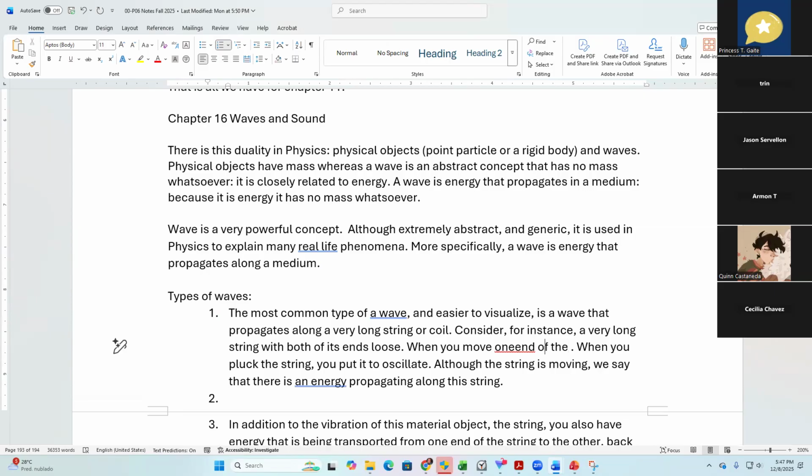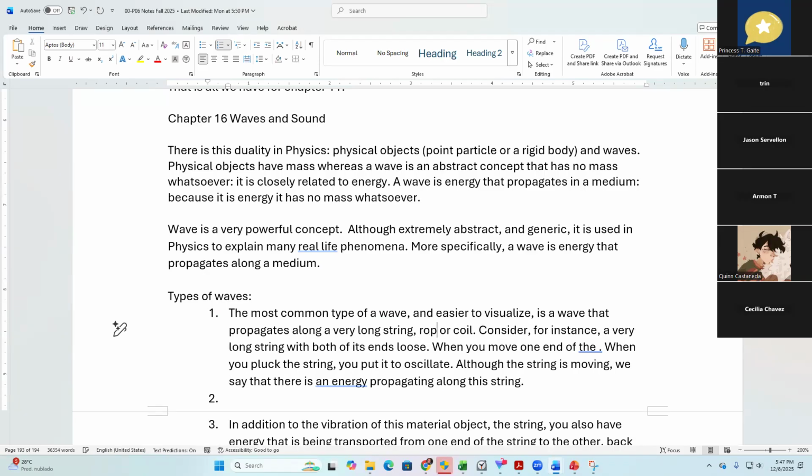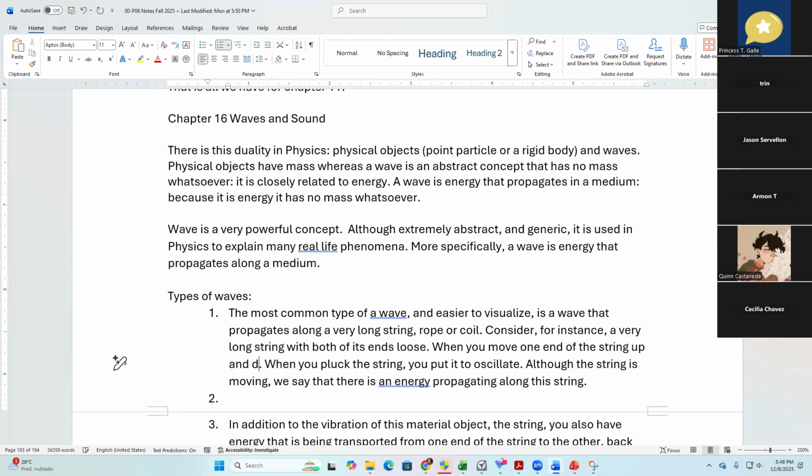When you move one end of the string or rope up and down,